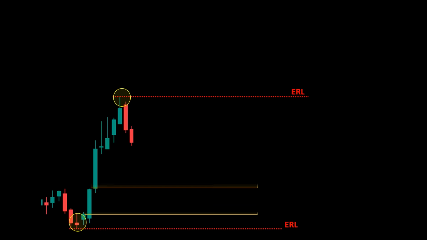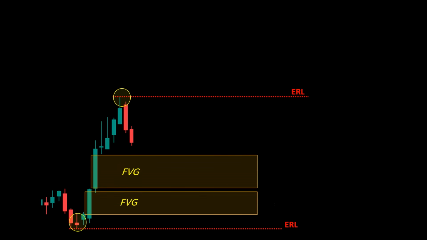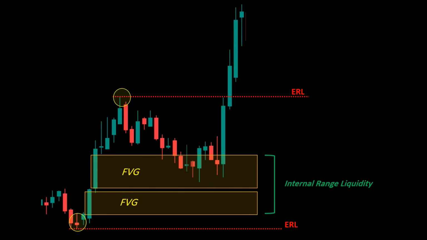Take a look at this example. These highs and lows. That's your external liquidity, prime stop hunt territory sitting just outside the current range. That's where retail traders get targeted. Now, notice these fair value gaps forming inside the range. This is where we find internal liquidity areas where price keeps rebalancing and institutions are quietly filling their orders without